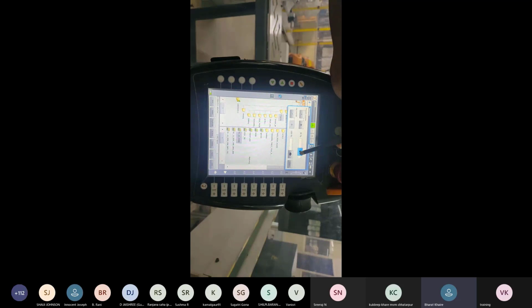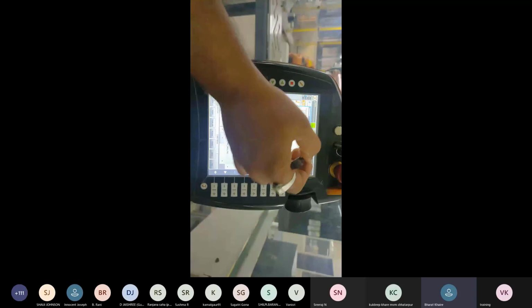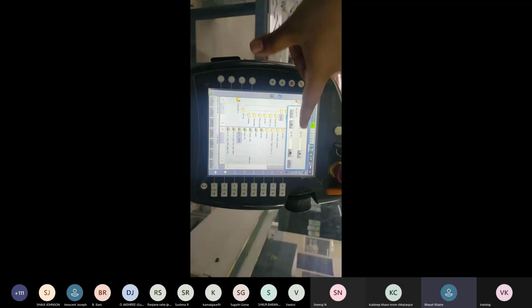We can adjust this key and finally adjust the speed of the robot. So this is the manual jogging speed plus and minus, and this is the program speed plus and minus. This tab is given to reduce or increase the speed.